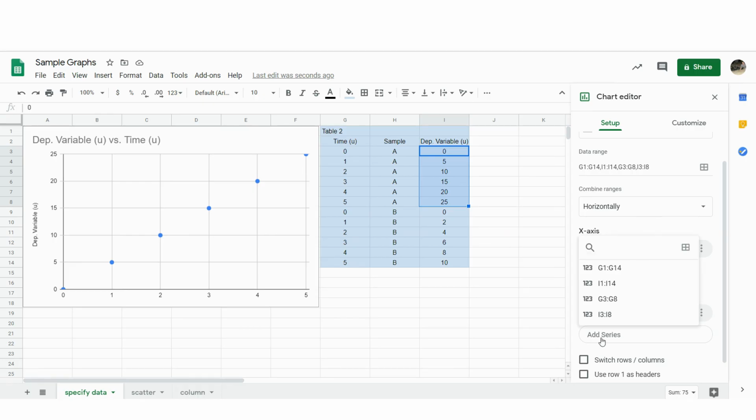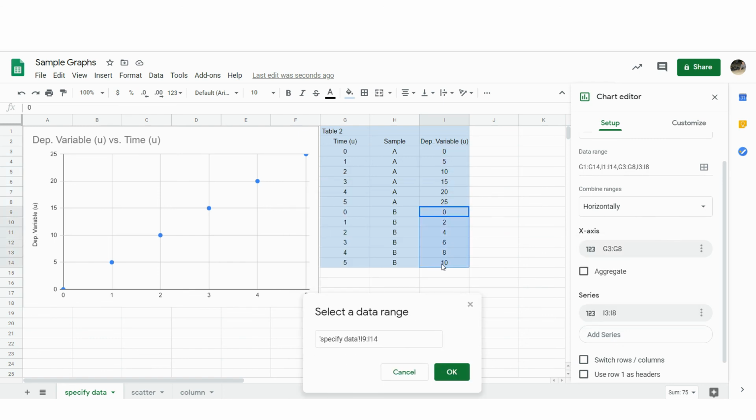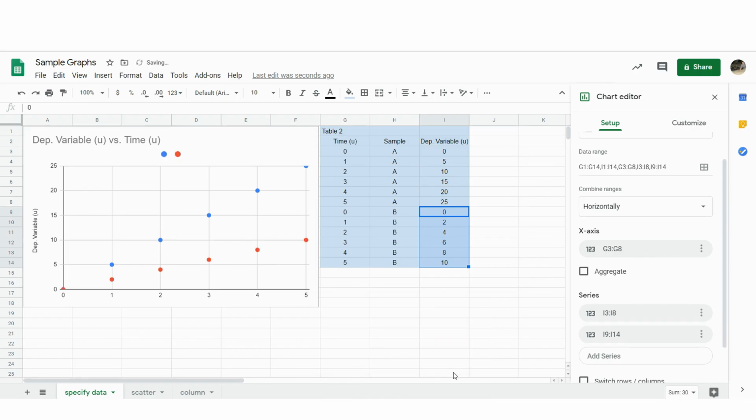And then I'm going to add a series. Again, select the range I want. And then that adds in my sample B data. So now I have two separate data series. They're each in a different color for easy identification.